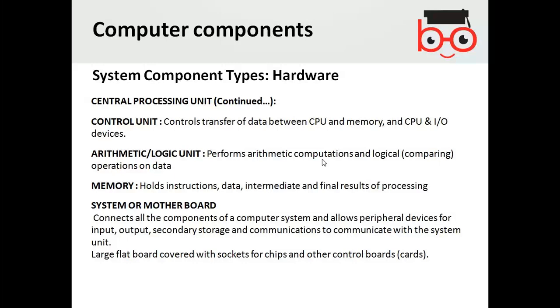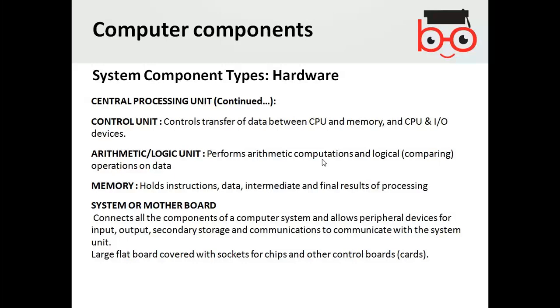With those circuits, you get the computations, and then you get the logical operations as well. So the main part is the central processing unit, which has the control unit, the arithmetic and logic unit, and the memory unit. Memory holds the data, instructions, and intermediate and final results of the processing.